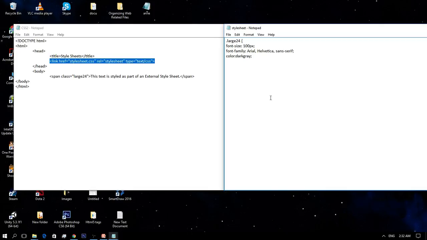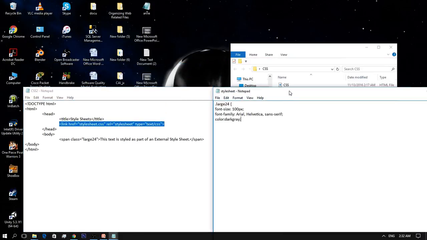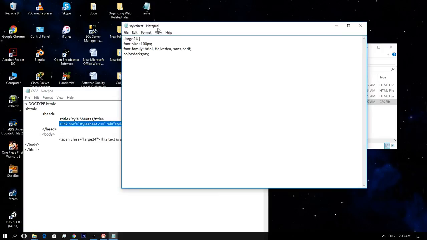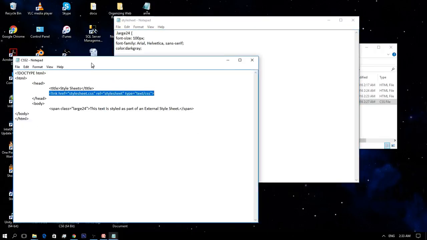In Notepad, create a new file called style sheet. I already created it for my example.